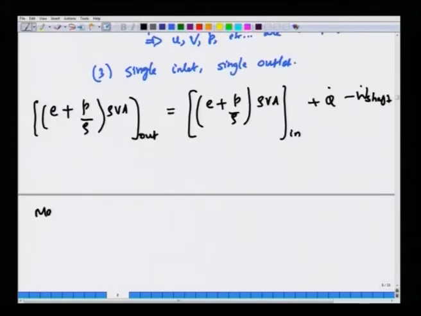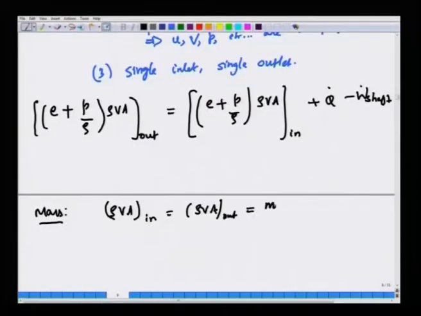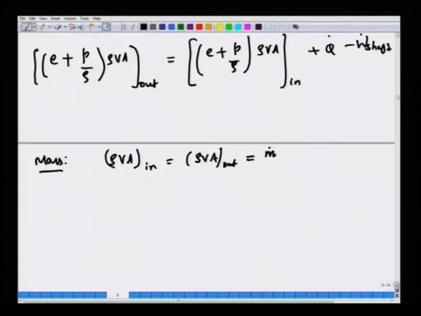If you use the mass balance for a single inlet single outlet system for steady flow, you will find that rho V A at inlet is the same as rho V A at outlet. This is mass in, the rate at which mass is flowing in is equal to the rate at which mass is flowing out at steady state for a single inlet single outlet system if there is no generation or consumption of mass within the control volume, and this is essentially the mass flow rate through the system. Okay. So, let me divide this equation by m dot